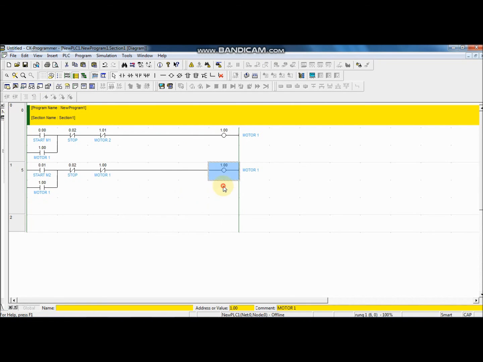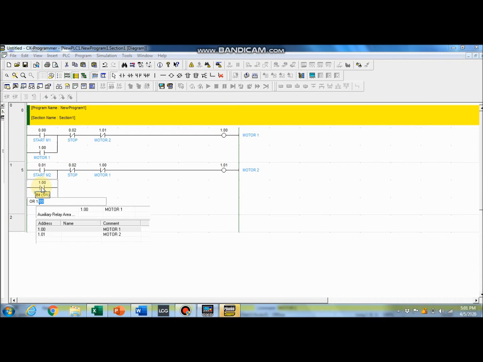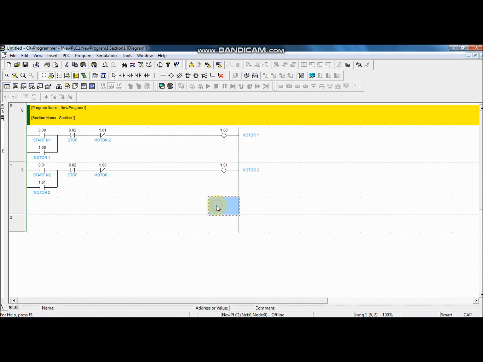And here will be 1.01, which is motor 2, and then the latching 1.01. That's it. If motor 1 is triggered, it will disable motor 2, and if motor 2 is triggered, it will disable motor 1.